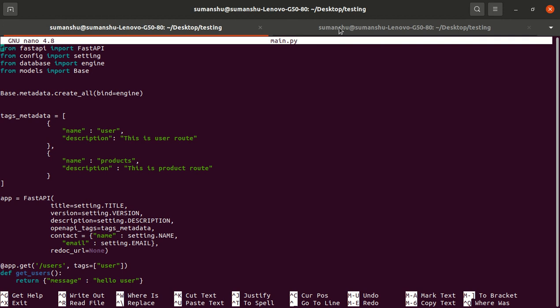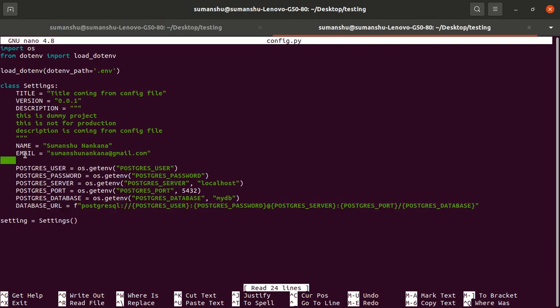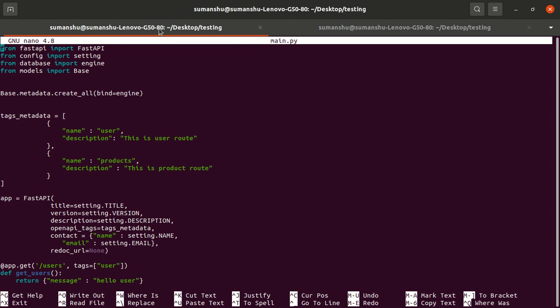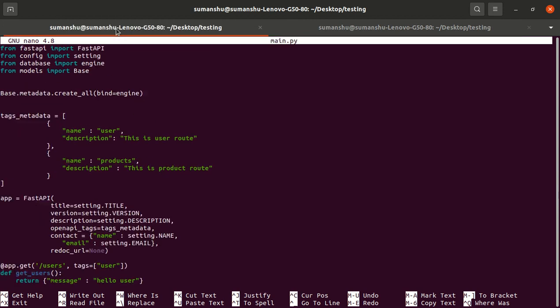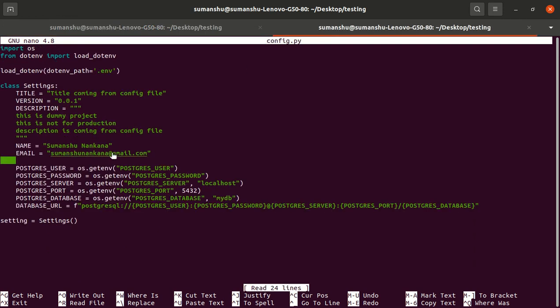In the next video, we dealt with the database. In the configuration we have to define the database, but generally it is recommended that database information like username, password, server ID, port number should not be hard coded into the configuration. We hard coded the metadata information, but the other things should not be hard coded. We have two options: either define them in the system environment variable, but if we share this code with someone else, that person will be unable to run the code, because they also have to define the system variable at their end.